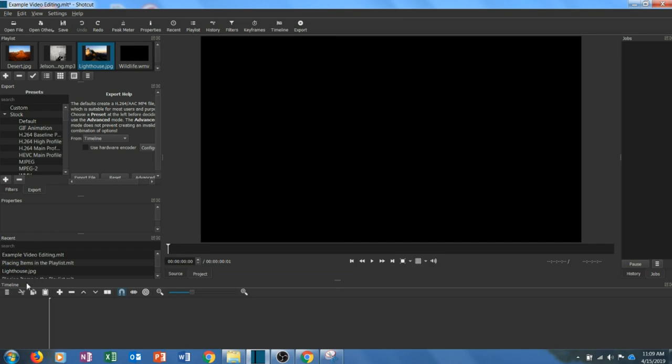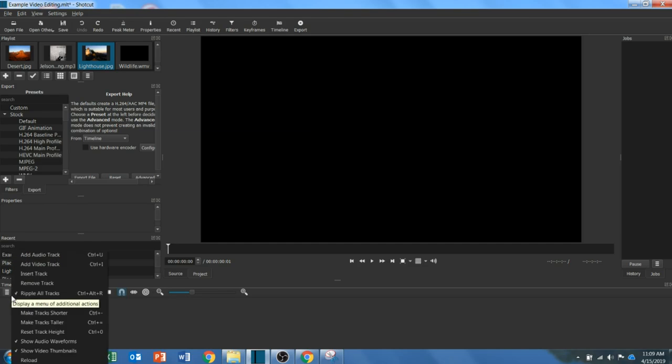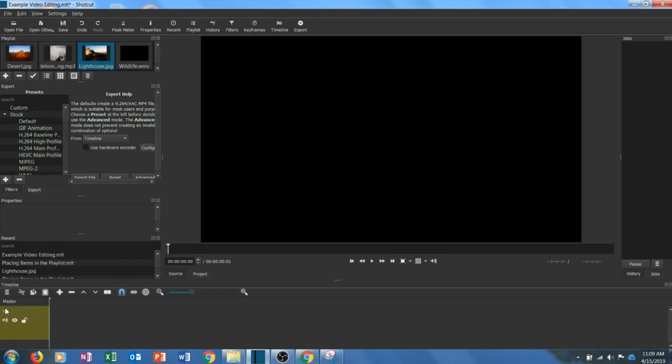In order to do that, I will navigate down to the timeline option, and I will click the 3 lines. This is also known as the hamburger. It's supposed to represent the bun and the patty in the middle. So I will click the hamburger, and I will select Add Video Track. Notice it says V1 right here for Video 1, and I will have the ability to place items onto this